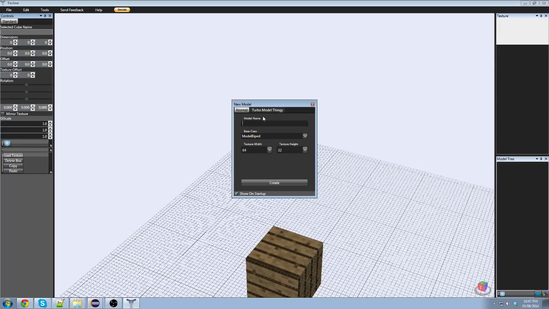So let's get started by writing the name here. I'm going to just call it Model Custom Armor. You can use any naming convention you want, this is what I like using. Right here's the texture width and texture height. Now Model Biped by itself already uses the 64 by 32, a lot of it. So we're going to just change this to 64. Now 64, adding those extra 32 pixels, that's a little bit overdoing it, but in case you need more space for the stuff you're going to add to the model, then go ahead. I'm going to keep it at 32,